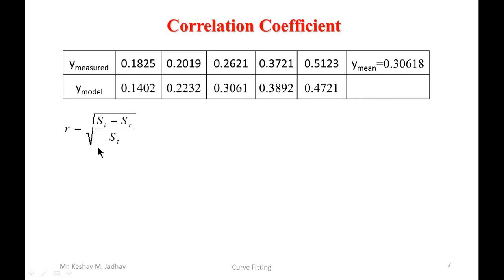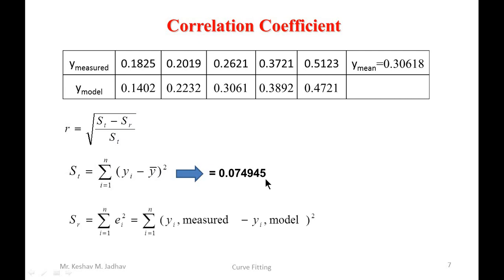So to calculate correlation coefficient, we have to calculate the value of ST. So here if i is equal to 1, then here we have to take (y1 minus y bar) whole square, means this 0.1825 minus this 0.30618 and its square, then plus 0.2019 minus 0.30618 whole square and so on. So if you calculate this, then we will get ST is equal to